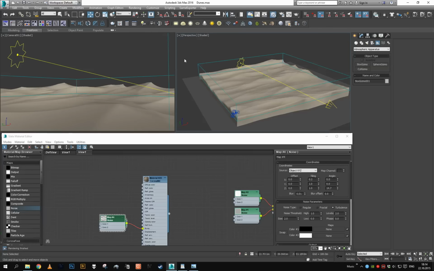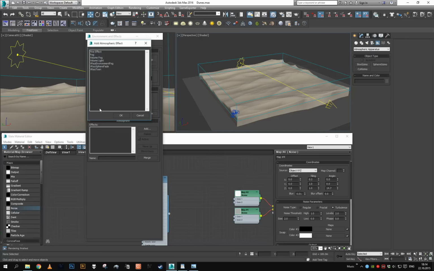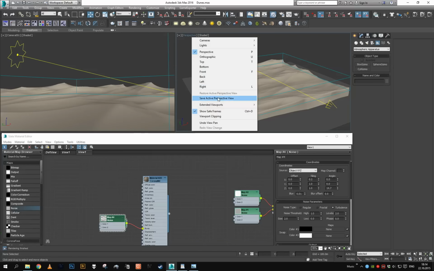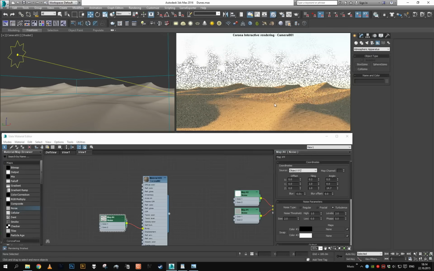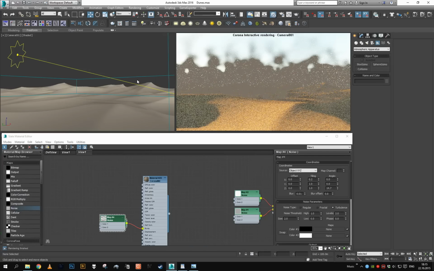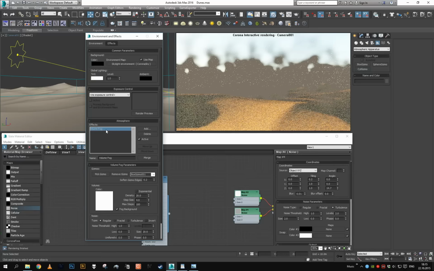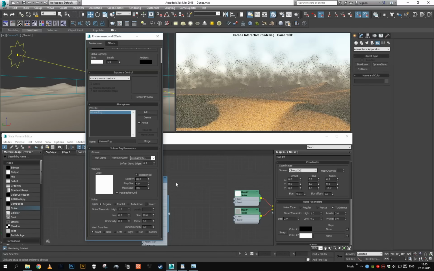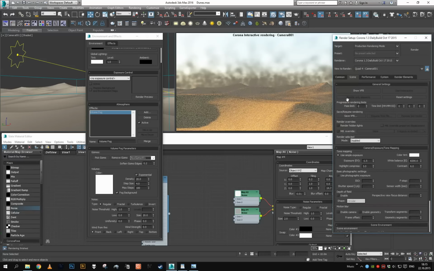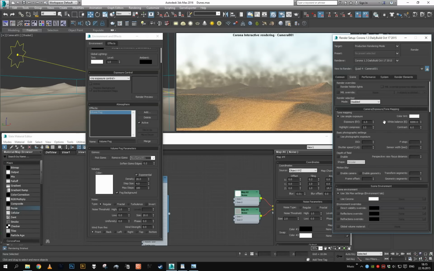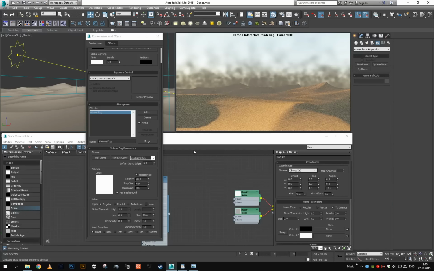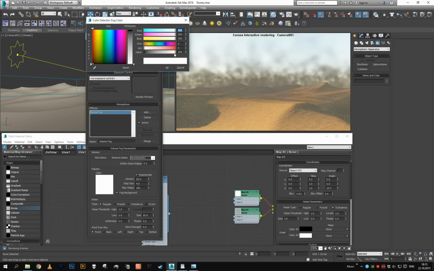And let's first just add a volume fog, pick the gizmo, start our interactive, and let's set up some dust over our desert. So let's set this to exponential falloff, so the falloff is more gradual. Also, we can increase the highlight compression so it's not completely blown out. And as for the color,